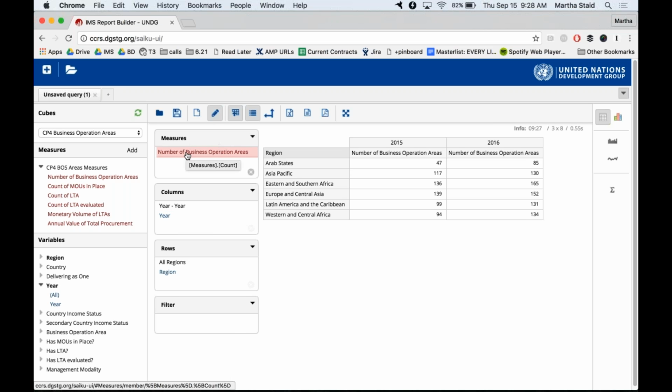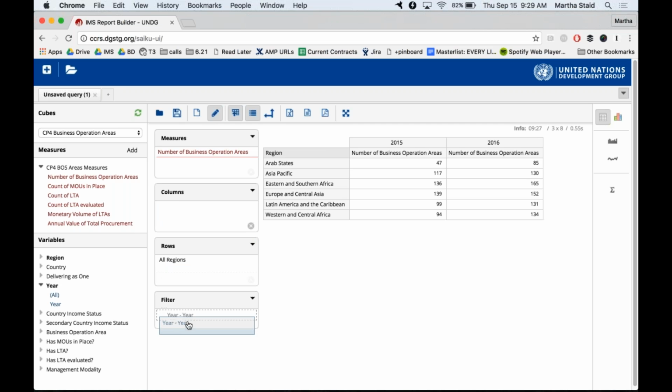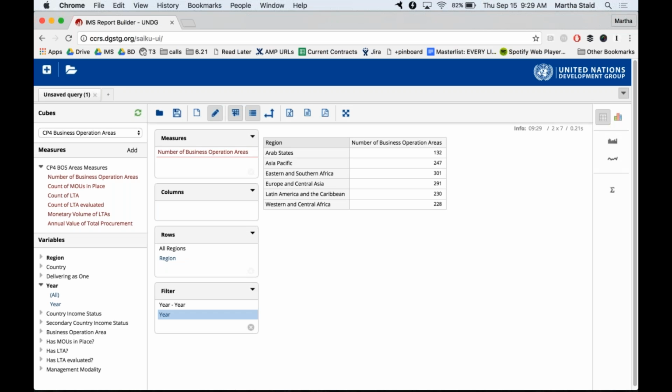This is where we put, this box is where we put any of the measures we want to use. Columns is an optional variable. That's where year currently is. Rows is this mandatory place for a variable or more than one. Filter is the last box here in our playing field area. So we're going to grab year and drag it all the way down to filter.